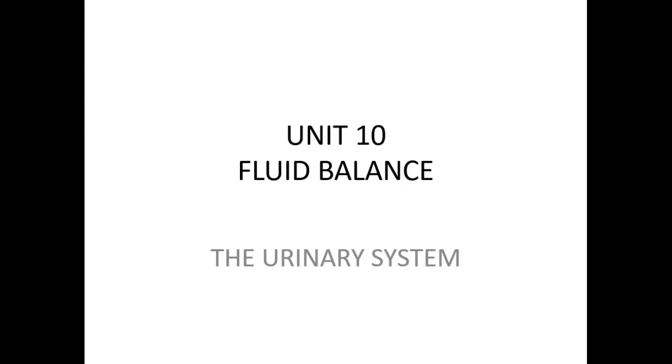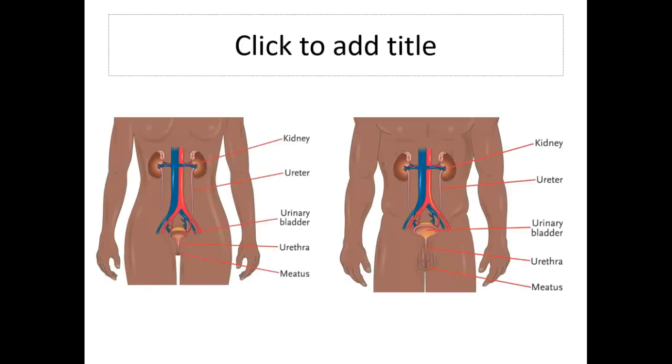Unit 10 is on fluid balance in the urinary system. So looking at the diagram that we have here, I want to point out the length of the urethra in comparison, the male compared to the female. The urethra is quite a bit shorter in a female, and so they're more prone to having urinary tract infections when you don't wipe properly. If you wipe back to front instead of front to back, that can happen a lot easier in a female